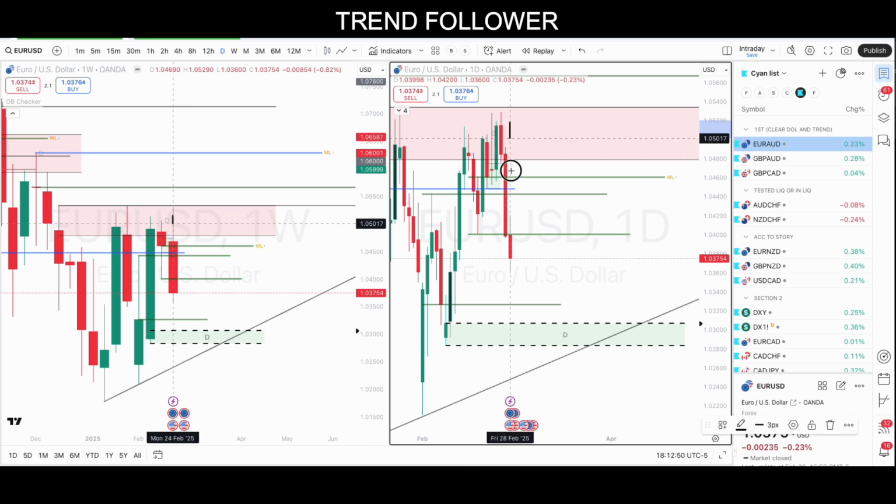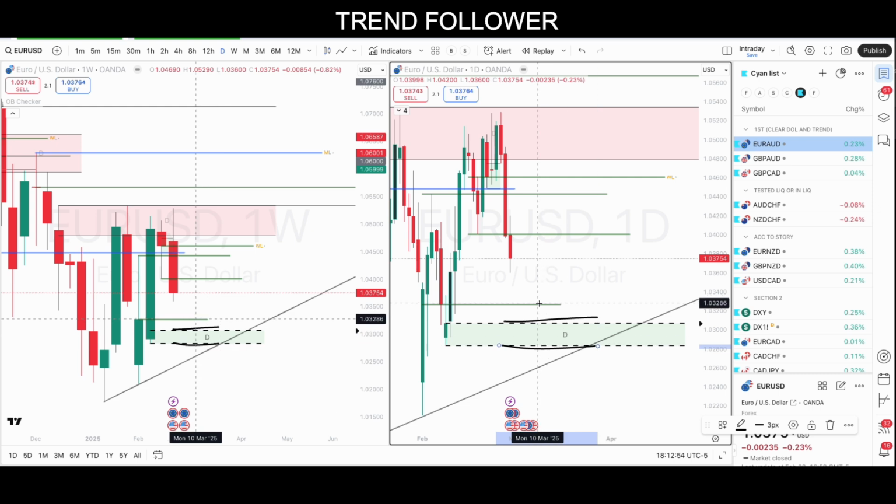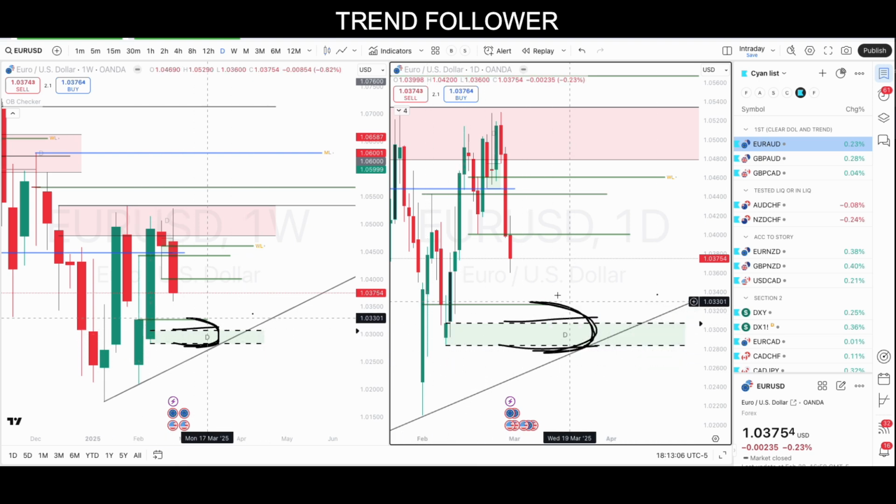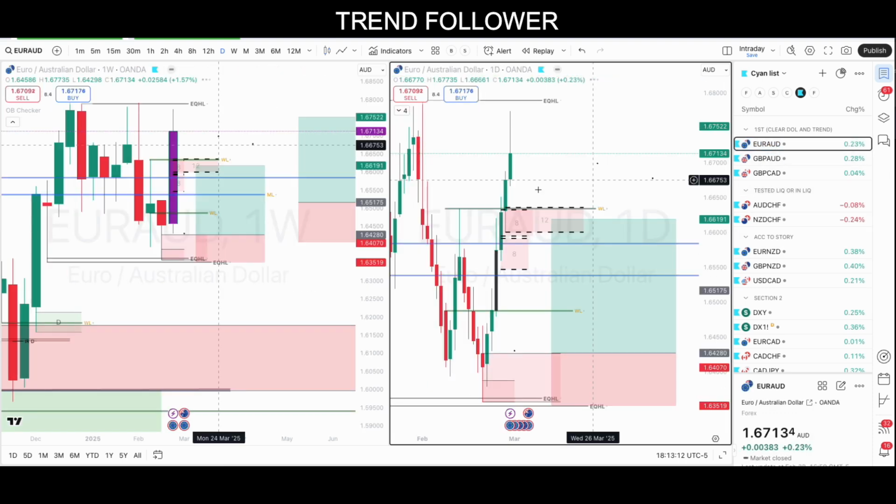So right now I don't think I want to get in on this, but once it comes here in this zone, right? Even, let me set an alert here. Okay, so it comes on this zone, that's where Euro NZD, Euro or Australian dollar, that's where I will start